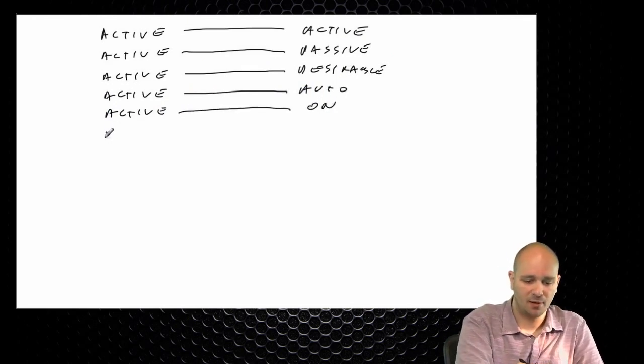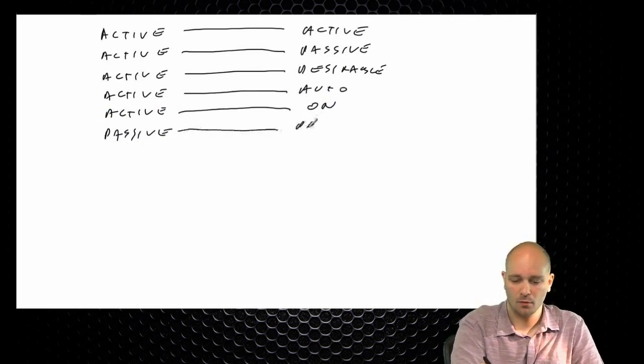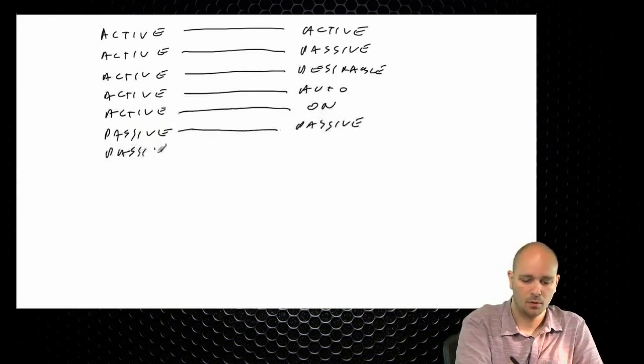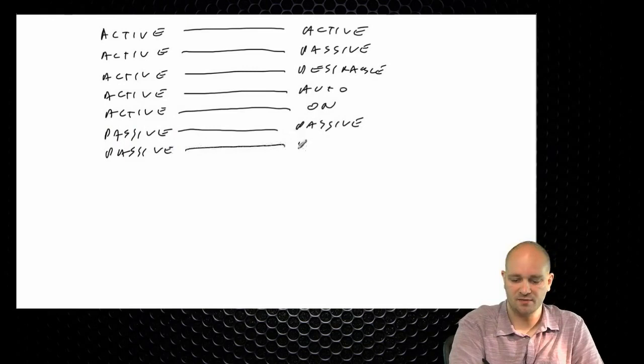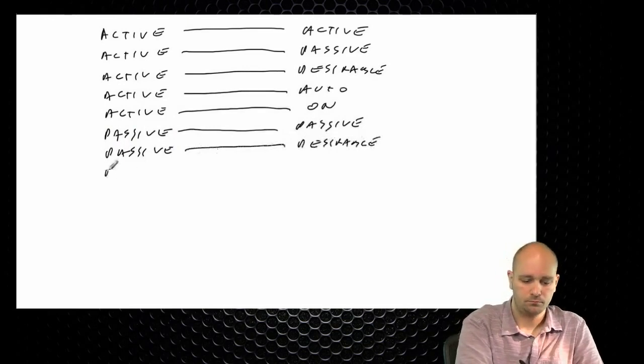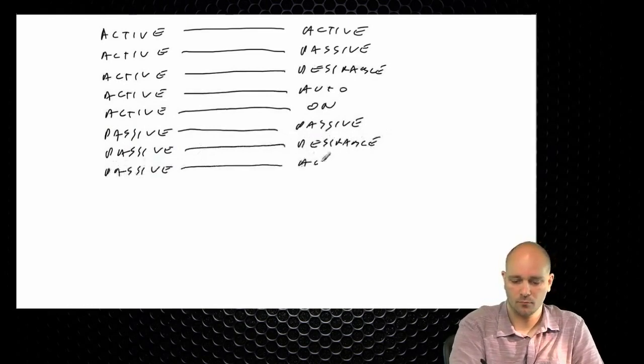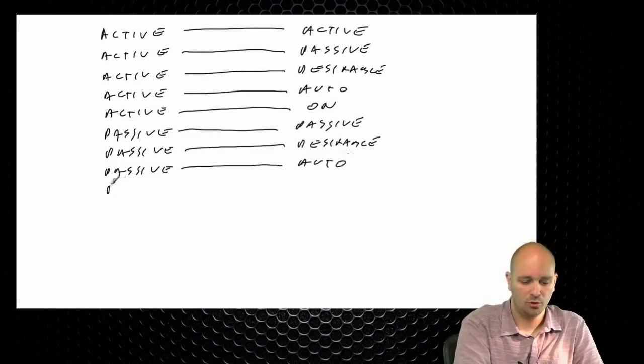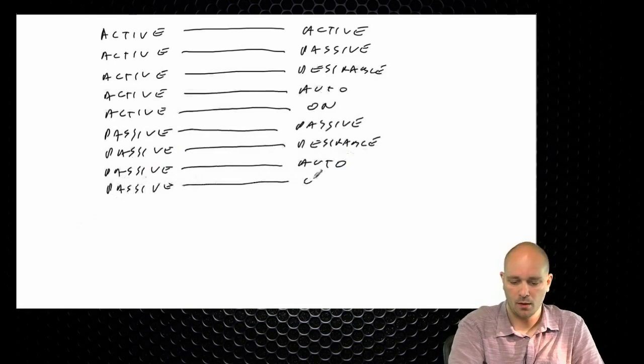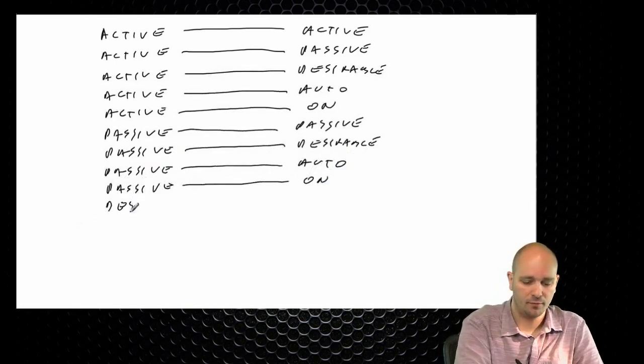Let's see what's next. We have passive and desirable, passive and auto, passive and on. Then we have desirable,